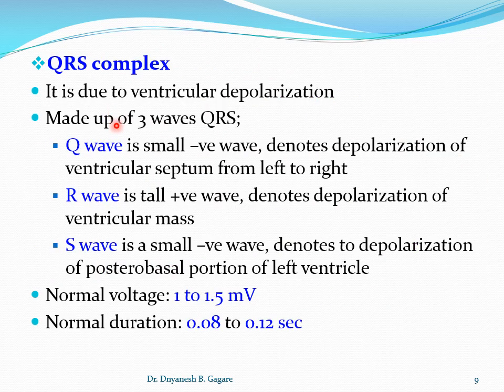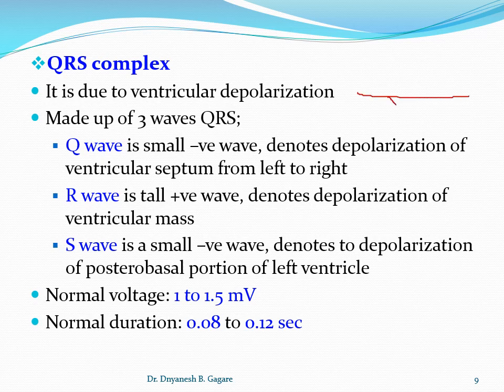Then coming to the next wave, or the complex of waves, it is the QRS complex. The cause of the QRS complex is ventricular depolarization. We'll see it one by one, because the QRS complex consists of three waves: Q wave, R wave, and S wave. Here, if you see in the diagram, how the QRS complex looks,